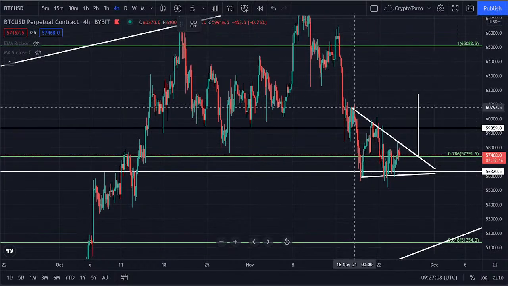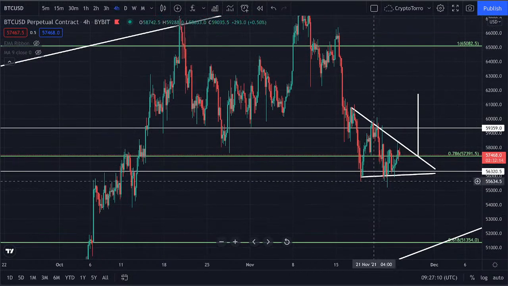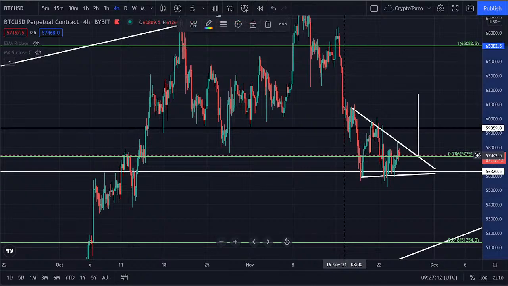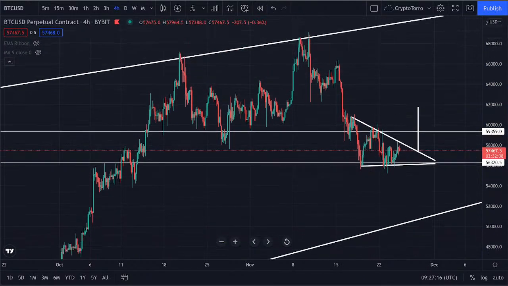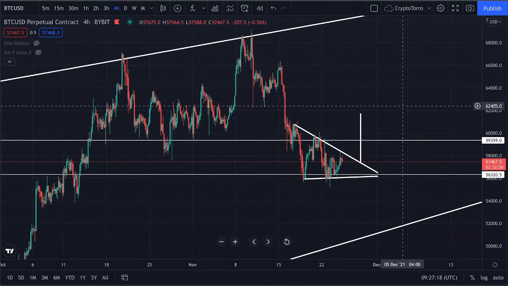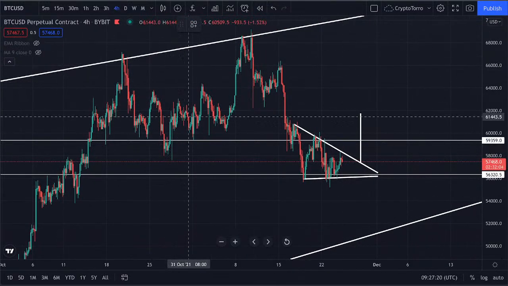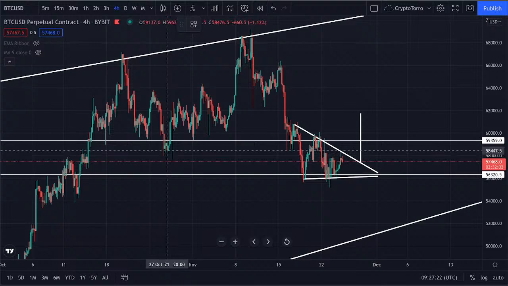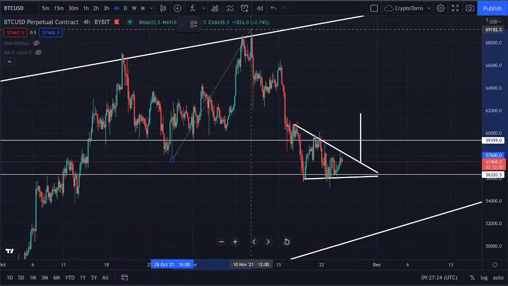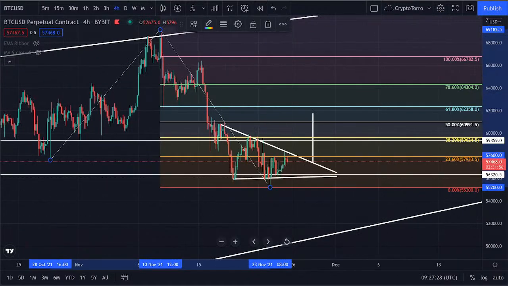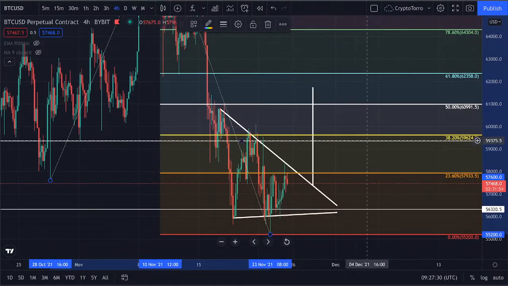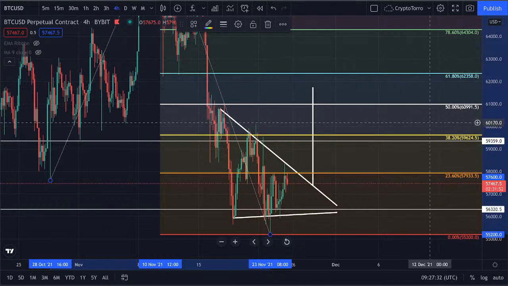And I would like to actually draw a new Fibonacci as well, because I would like to show you what we could perhaps be heading towards and what type of resistance and supports we might be finding at that point in time. So let's take a quick look, and you can clearly see that if we are breaking out all the way towards the 50 range of Fibonacci, or actually towards the 61,691 US dollars,